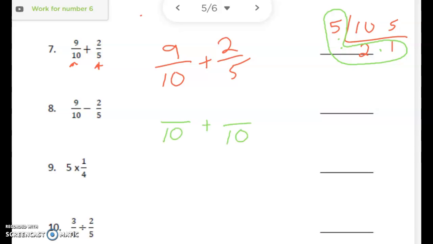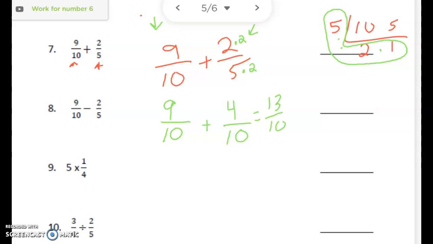Now, the cool thing is this guy right here already has a denominator of 10, so you can just rewrite it as 9/10, same thing. But this guy right there does not have a denominator of 10. He has a denominator of 5. What am I going to do to 5 to make it become 10? I'm going to say 5 times 2 is 10. That's correct. So 2 times 2, because what you do to the denominator, you must do to the numerator. 2 times 2 is 4. So 9/10 plus 4/10 gives me